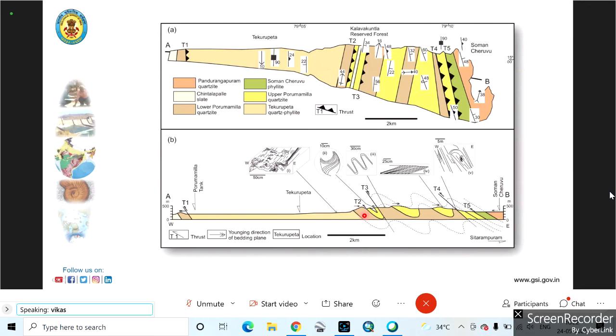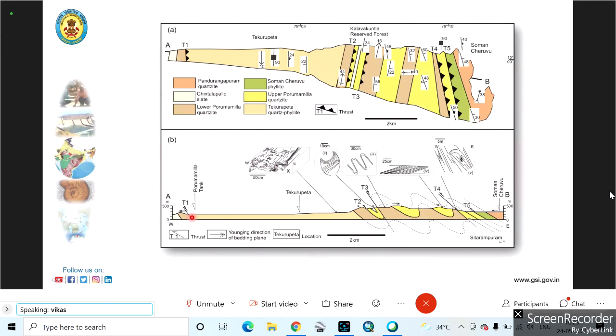You further see that in the left side, where it is written as T1, that is thrust one, on the upper part of this quartzite you can notice some double-sided head arrows. That indicates the younging direction actually. Using the cross beds, we have been able to define that the younging side of the bed is on the western side, on the left side of this cross section. As we know, there is a general rule that along the dip direction, when we go, we will be getting the younger beds. That's for a normal sequence.